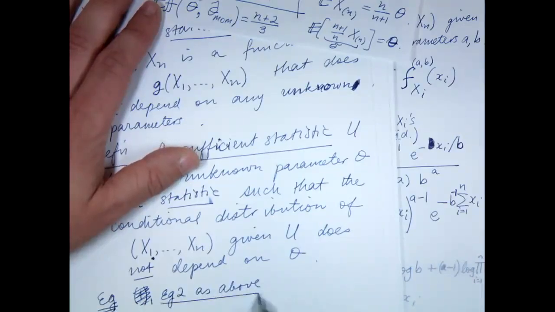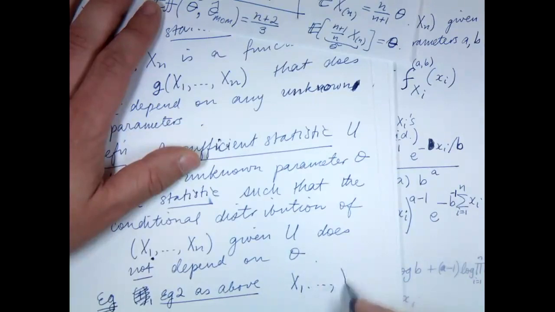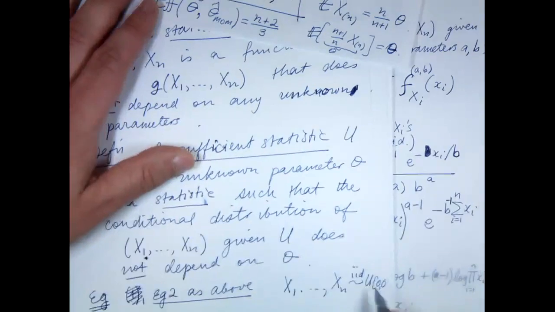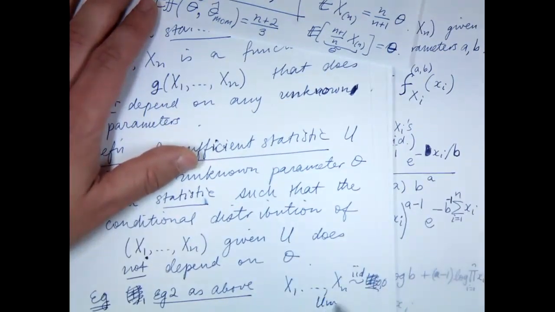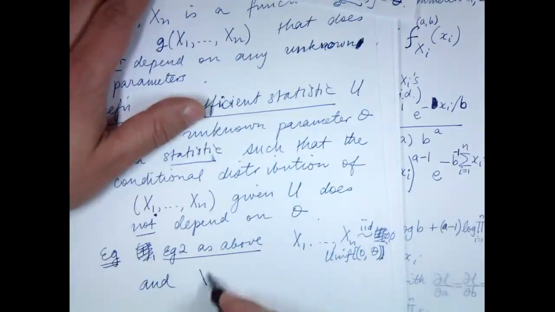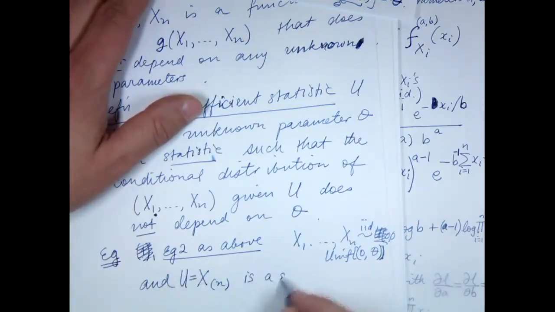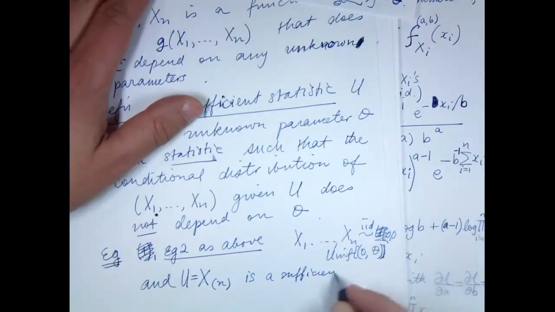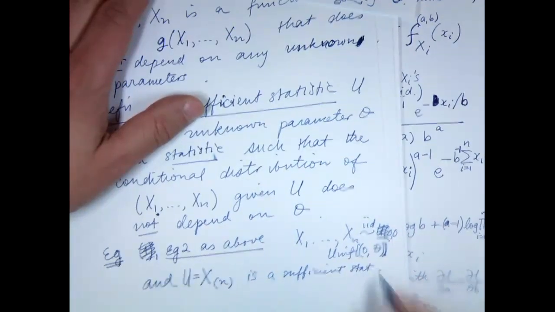We've got x1 up to xn IID uniform 0 to theta, and we've noticed that x bracket n was the maximum likelihood estimator. U equals x bracket n is a sufficient statistic because,